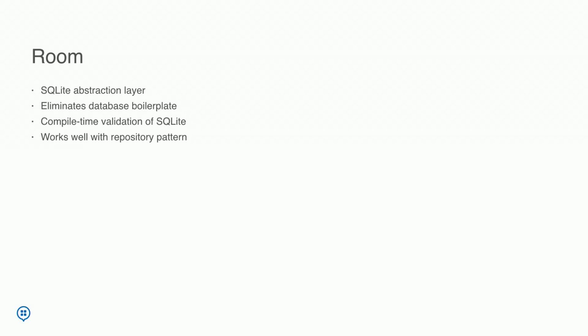Now, the last piece of the architecture components I want to speak to briefly here is Room, which is our SQLite abstraction layer. And this can eliminate a lot of the boilerplate you need to deal with database code. Also gives you compile time validation of your SQL. And finally, it works pretty well with that repository pattern that we already introduced back when we were talking about